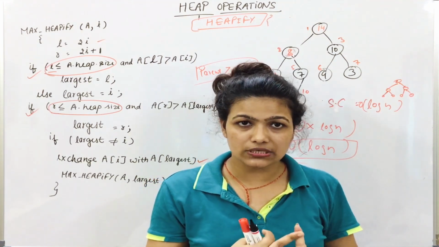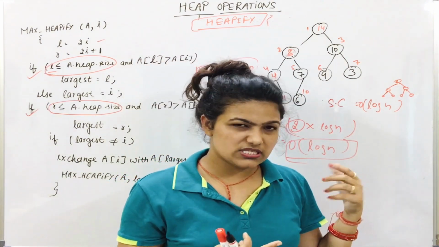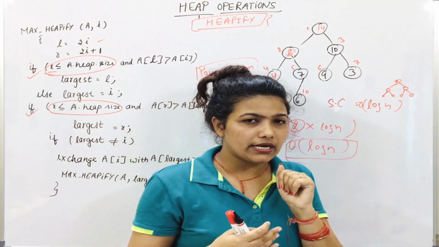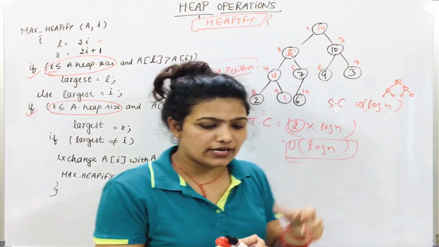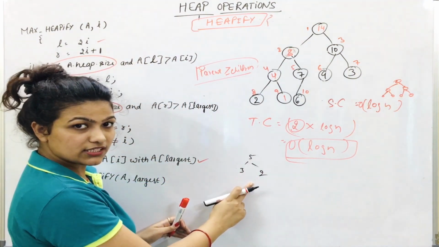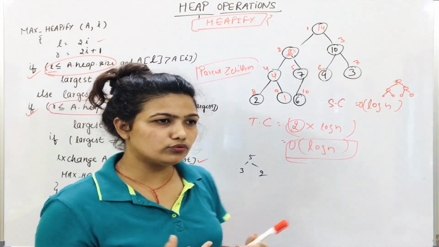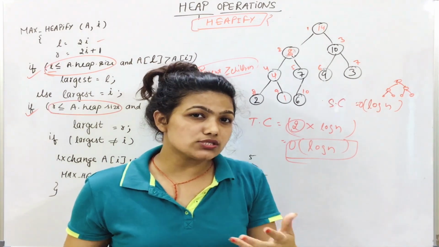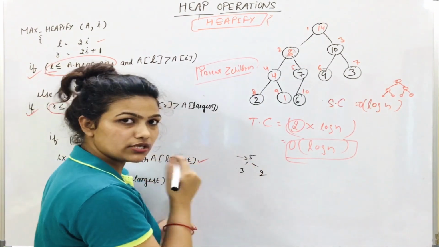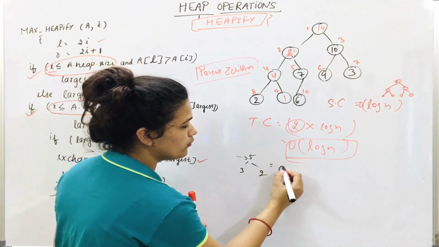I am talking about the five heap operations which I discussed earlier at the start of this video, and only find maximum is different. See, we are talking about max heap, and we are looking at find maximum. Is this a max heap? Yes, because the parent is greater than the children. If you are asked to find the max element, it is just the first position. You don't have any need to go to the next level, next level, next level. So this is order of 1.